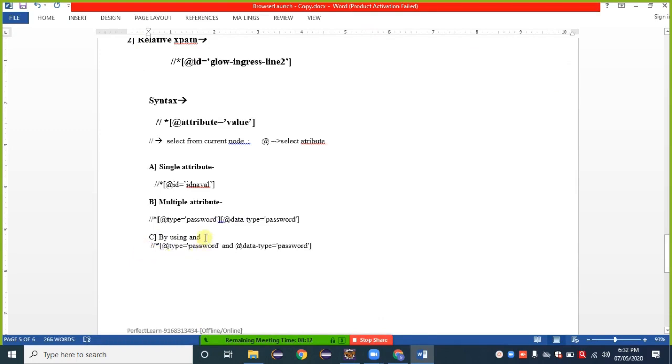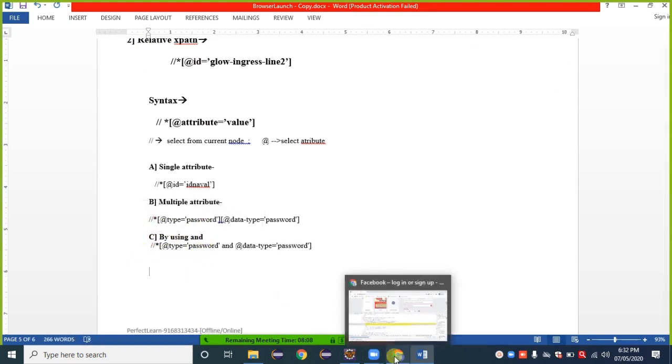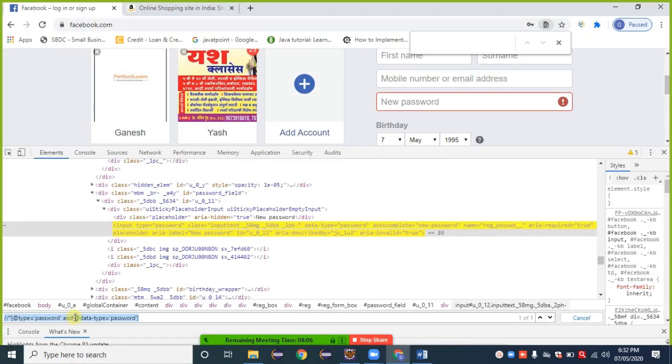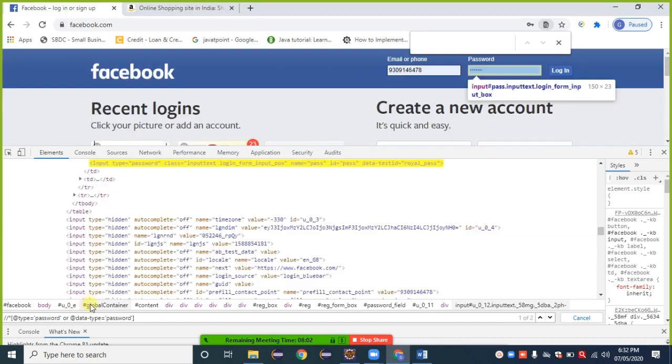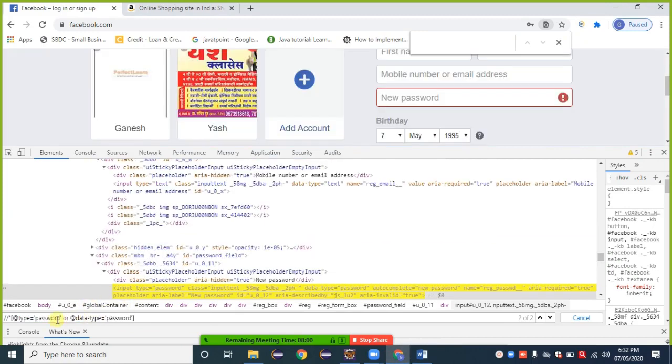Next type we have is by using OR. Instead of AND, I can go with OR also. OR means find this one or this one. So we get 2 of 2, meaning 2 web elements are available in total.